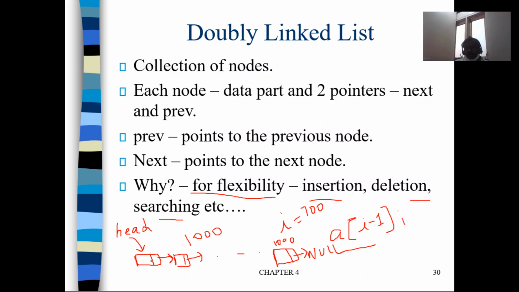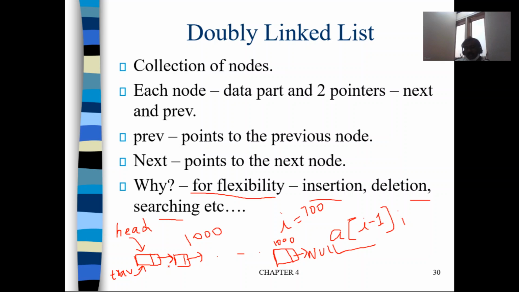So now what we will do, probably you will create another pointer called traverse, okay? And you will make traverse point where head is pointing. So traverse is pointing where? It is pointing to the first node, I mean head is pointing to the first node. So now you will make traverse point where head is pointing. So traverse also will point to the first node, and then you have to keep on moving from one node to the next node. Like that you have to do 700 times, okay, maybe using a for loop or while loop, whatever it may be. Then only you can access the 700th node, right? So this is actually one drawback with linked list. Okay, right?